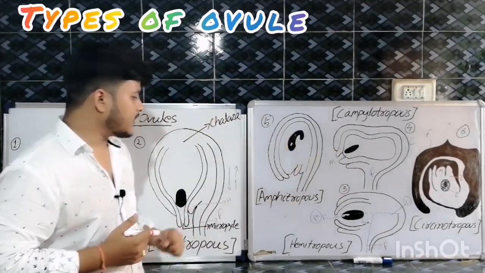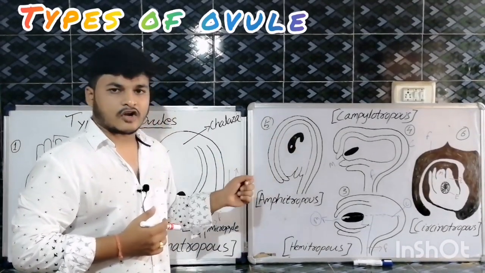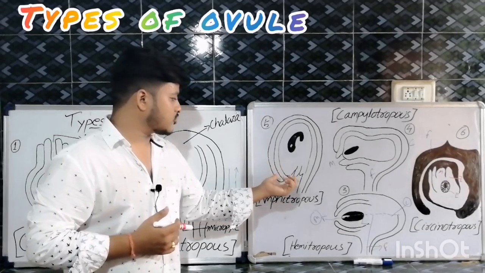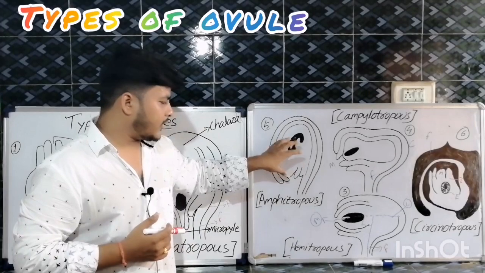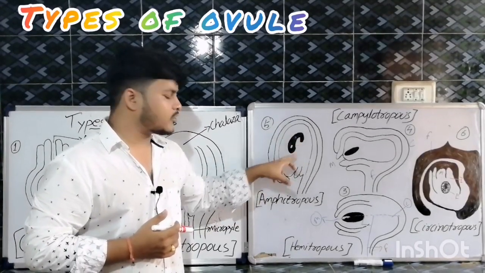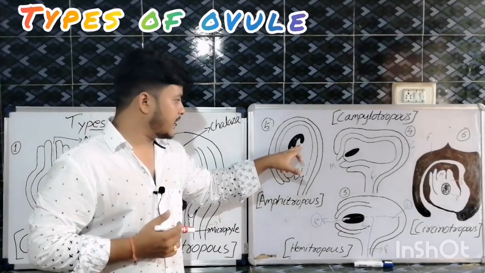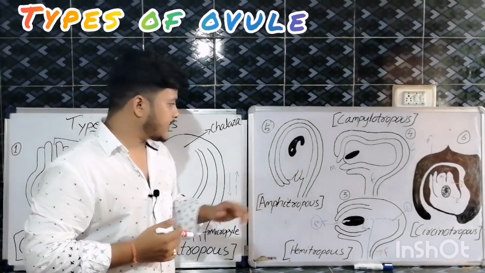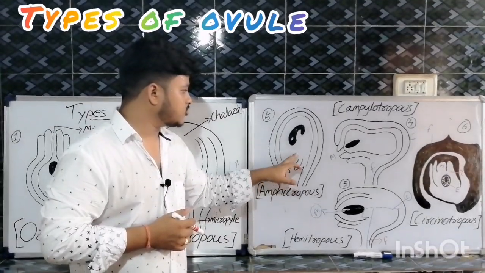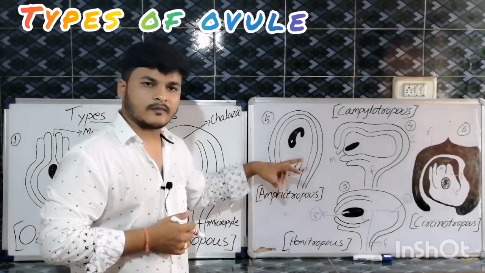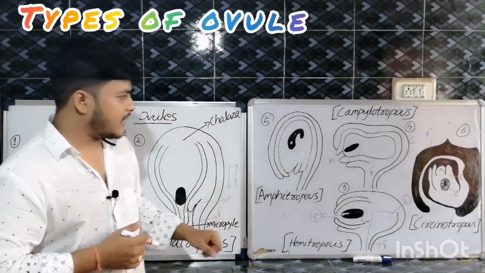And next, the amphitropous ovule. In the amphitropous ovule, the embryo sac is horseshoe shaped, and the total structure, the integuments part and the nucellus part, are quite bent. Due to this bent structure, it is known as horseshoe shaped. And in this case also, the funicle and the integuments are quite opposite to each other, and the chalazal end and micropylar end are opposite, and these are arranged at a single point also. This is the amphitropous ovule.